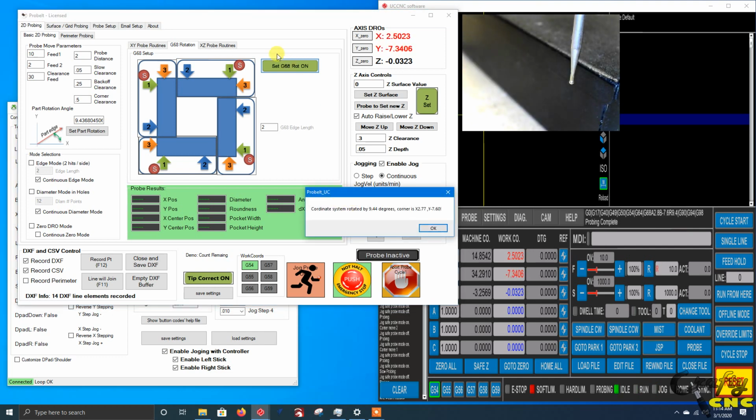There we go. So I had forgotten to turn on the function that allows it to go ahead and set